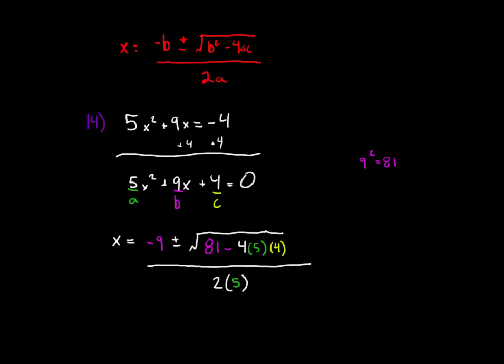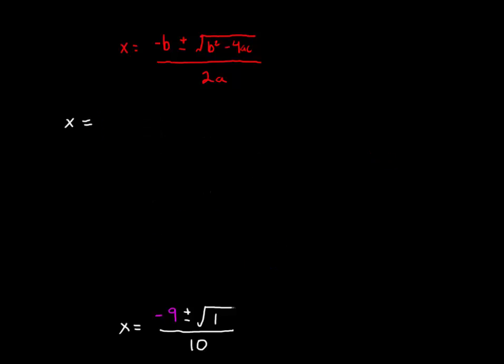Now all we've got to do is the math. Just be sure you're keeping your order of operations straight. Negative 9 plus and minus the square root of 81 minus 4 times 5 times 4. Well, 4 times 5 times 4 is 80. 81 minus 80 is 1. And 2 times 5 is 10. We could call that finished, except for that it's really easy to take the square root of 1. So x is equal to negative 9 plus 1 divided by 10, and x is also equal to negative 9 minus 1 divided by 10, which means our roots must be